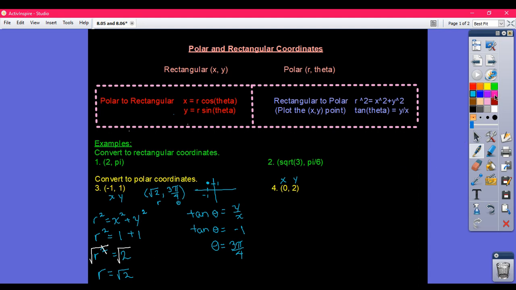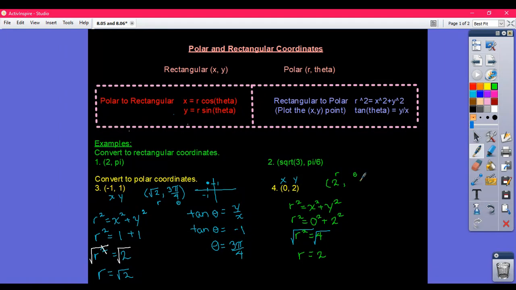And we're going to do the same thing with number 4. So I'm going to find r first. So r squared equals x squared plus y squared. So r squared equals 0 squared plus 2 squared. That would give me 4, and then you're going to get rid of the square by square rooting both sides, and that would be r equals 2. So the r value is 2,